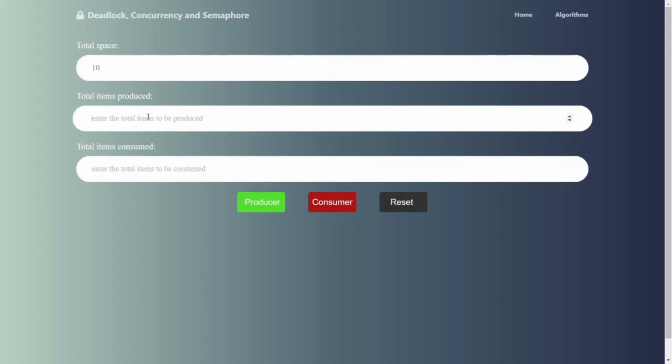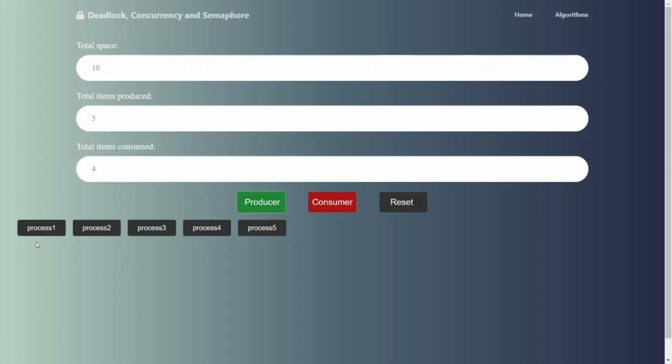The next is the total items produced. The producer produces a constant amount of processes and pushes them into the buffer. Let's assume it is 5. Next is total items consumed. The consumer consumes a certain amount of processes from the buffer and removes them from the buffer. Let's assume it is 4.